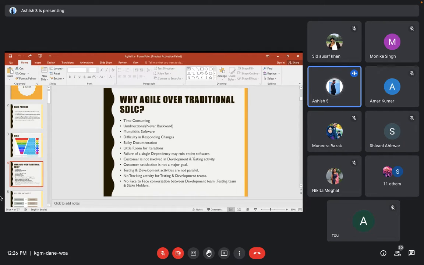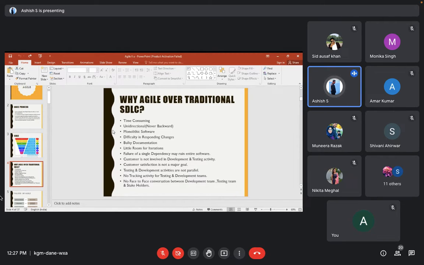So those tools are completely used for Agile, where you can just log in and you can keep track of your team and whatever is being done there. There is no face-to-face conversation between the development team, the testing team and the stakeholders. In your traditional model, what used to happen? The development team used to have separate meetings, the testing team used to have separate meetings, the stakeholders used to have separate meetings. There was no communication between the teams themselves, and we don't know what used to happen in the different teams. So that is why we choose Agile over the traditional models. Understood?